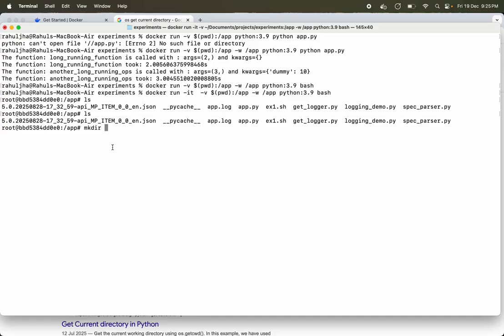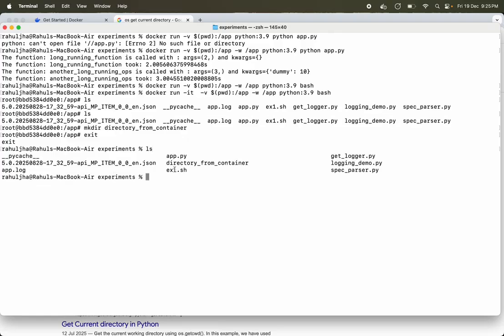For example, directory from Docker, from container maybe. Now this will be visible there as well. Okay, so now let me exit out of it. And if I list now, you see directory from container, which means any work that I do within my container will be visible. So I think we have covered a lot, but I want to showcase one use case